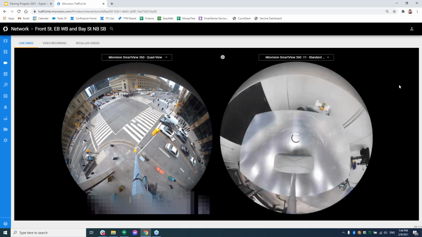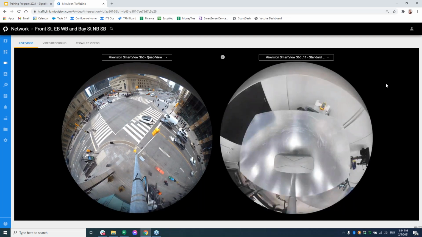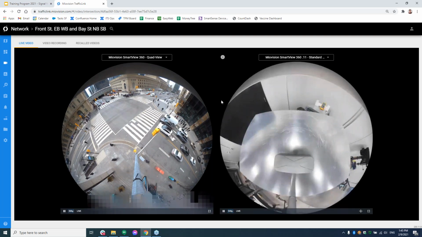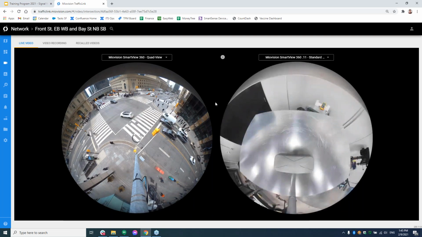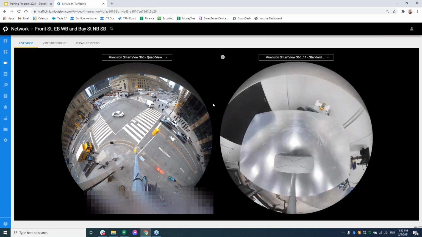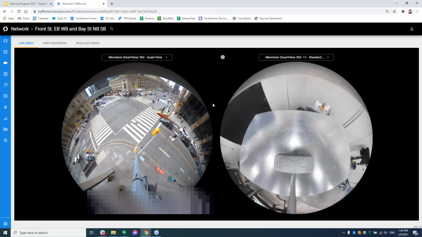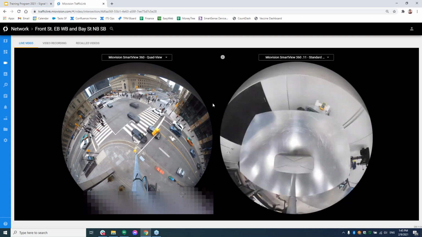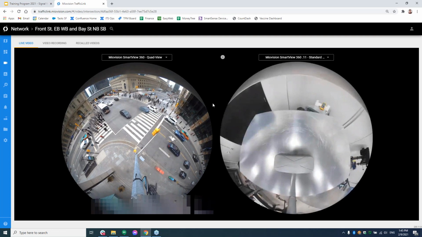The videos are recorded to the SmartLink locally in the cabinet. There is a 64 gigabyte hard drive local in the device that can record the video locally. Obviously, if you increase the video quality, the amount of video you can store is a little bit less. There isn't an ability today to plug in an external hard drive and record to that, but you can upgrade the hard drive that's in there from 64 to 512 gigabytes to increase the storage. We can help you with that as well, but it is stored and recorded directly to the SmartLink in the intersection.